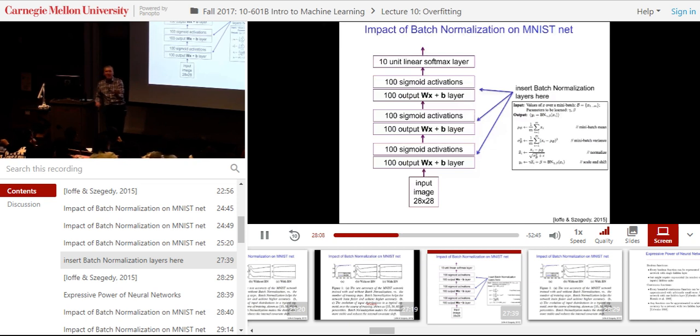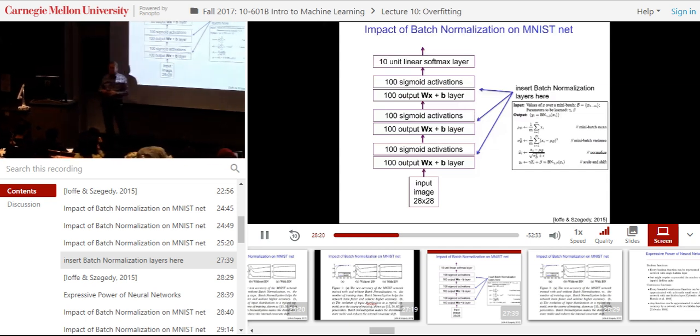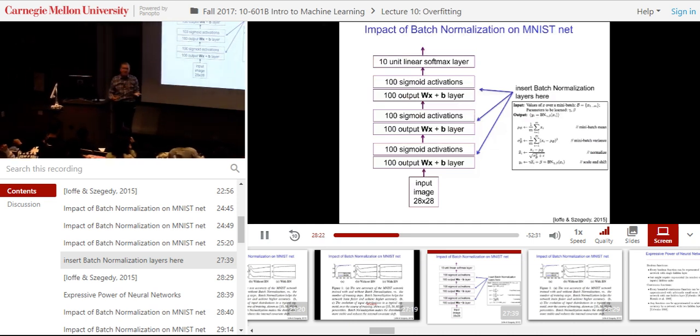It helps with the disappearing gradient issue because it assures that you have at least the same variance and scales of activity at the different layers. You can still have problems because you could have very small weights and big weights and so forth, but